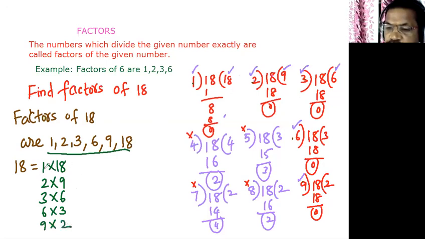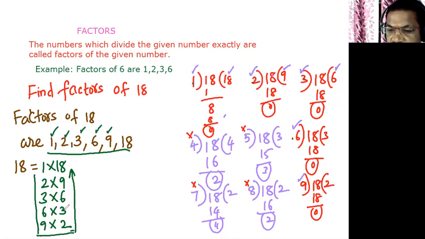So here, if we go from top to bottom, move left, move right, and go upward, in a U shape, and write all the numbers which are in these products: 1 is here, 2, 3, 6, 9, and 2 is repeated, 3 repeated, 6 repeated, 9 repeated, and 18 is here. So in this way, we can find the factors of 18.